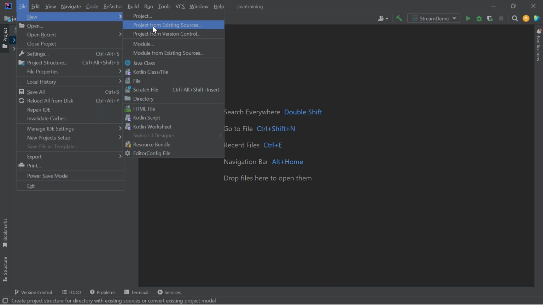When you need some access to download the file, in the first week itself, very rarely you will get it. So what they will do is share the zip file with you. Whatever the existing code is, they will share the zip file to your machine. You will unzip it, you will have a folder, and that folder you can upload here. Project from existing source. Existing source means somebody has already created some sources and you are using it.